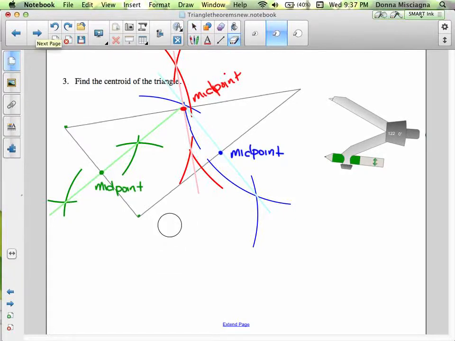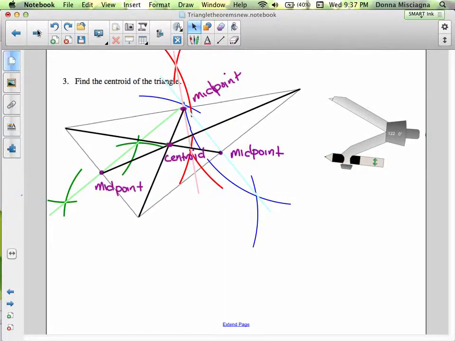And so when you're all done, you found all 3 of the midpoints. Now all you have to do in our last step is to take those midpoints and go from midpoint to vertex. So here, after we found the 3 midpoints,